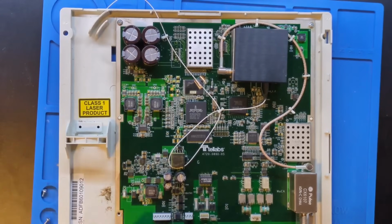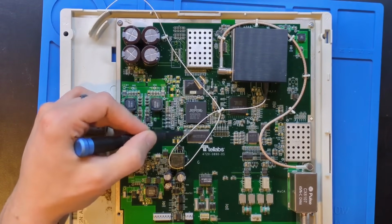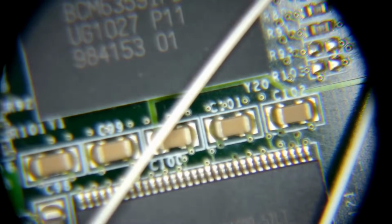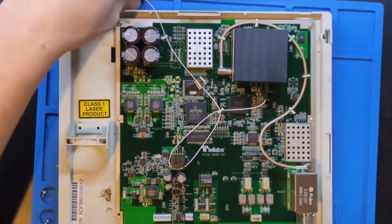On this device, we have the main CPU, its memory, and the flash storage right here. We're going to zoom in a little bit on the microscope here. Oh no. Before we do that, these devices are cool because if you're not familiar with an ONT device,